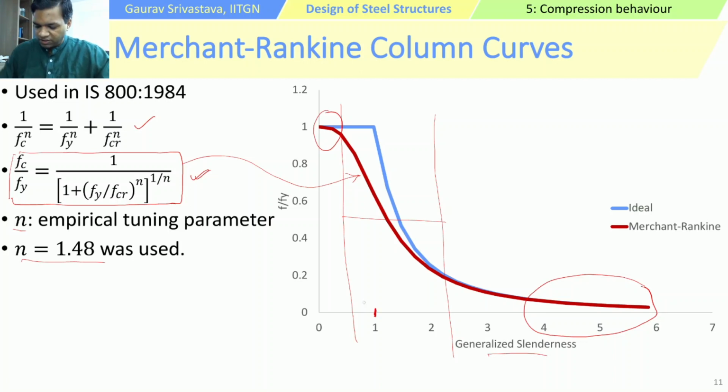So basically, from an ideal column perspective, lambda bar equal to 1 is the transition point, right? So basically, this is where yielding limit state will change to buckling limit state, right? But in real columns, it is not that sharp. So basically, somewhere beyond a certain slenderness ratio, it begins to change. And in real columns, in general, this has been empirically found to be 0.2. Okay, so lambda bar less than 0.2 in real columns in general governs yielding, and lambda bar greater than 0.2, buckling begins to govern in the real columns.